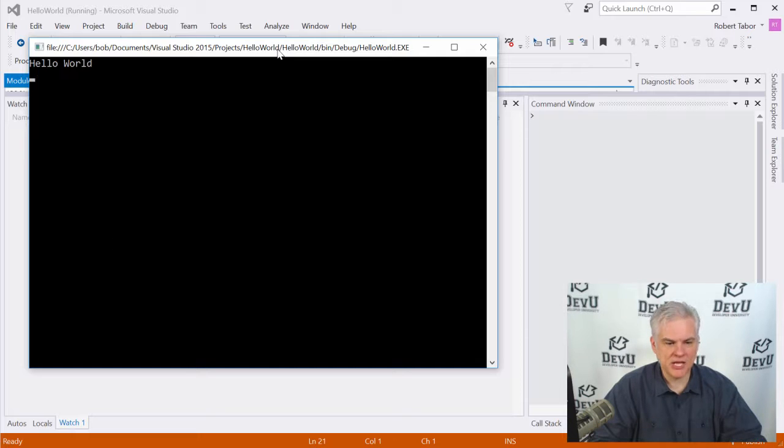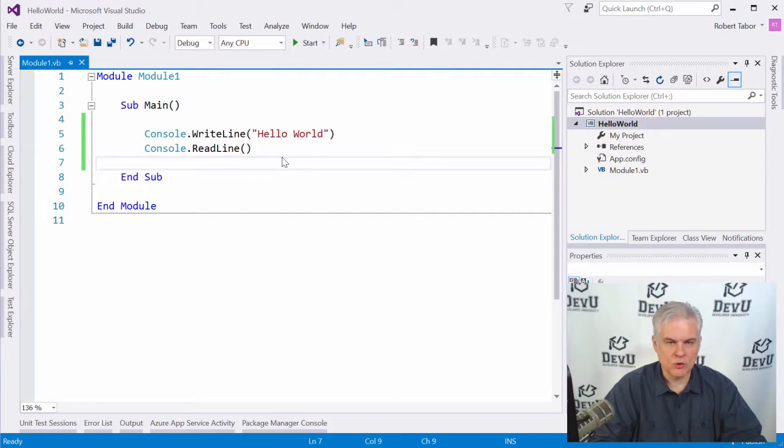How do we stop the application? There are two ways. I could click the little X button here in the upper right-hand corner, or I can hit the Enter key on the keyboard. The application will stop executing, and now we're back in edit mode in Visual Studio, back here in the code where we could modify it and make changes. So you can see that Visual Studio has returned to its original state, and you might see some other windows pop open from time to time. You can safely ignore those for now.